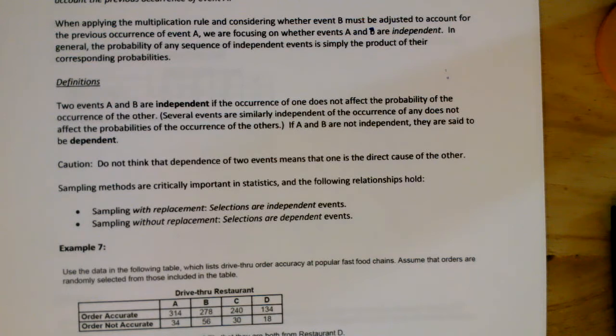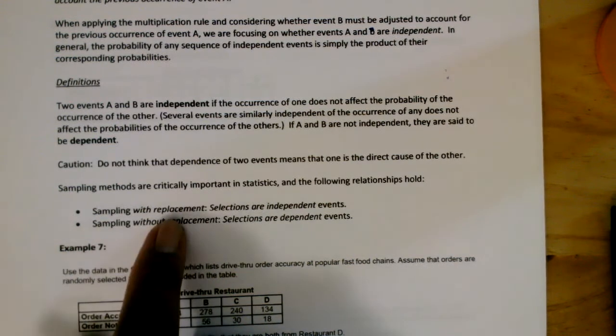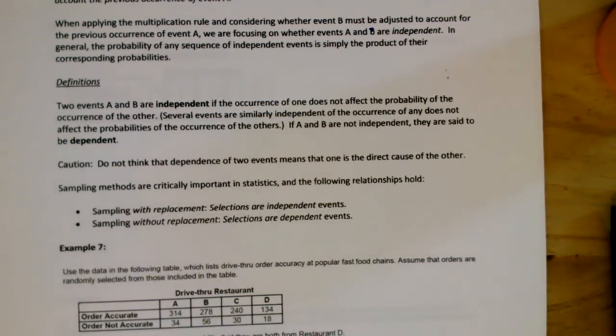Also, sampling methods are critically important in statistics, and the following relationship holds. Sampling with replacement means that the selections are independent. Now you have to think about this for a moment here. If I have like 8 balls in a bag,